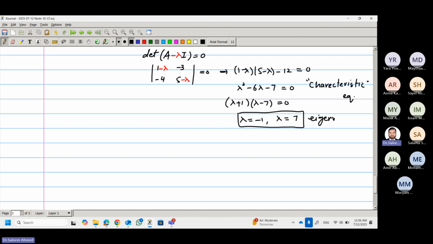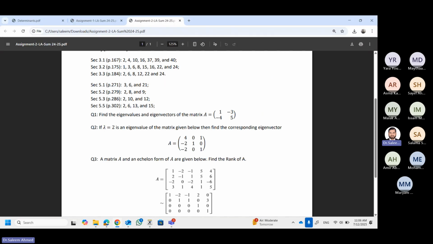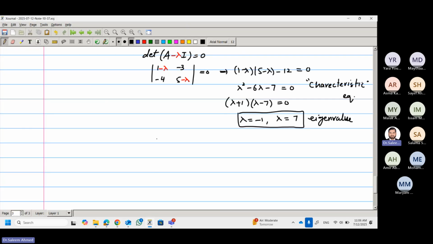Once an eigenvalue is given, how to find the eigenvector? So in this question, they ask you that a lambda eigenvalue is given. If lambda is equal to 2 is an eigenvalue, find the corresponding eigenvector. So in question number 2, you don't have to find the eigenvalues. So for eigenvectors now,